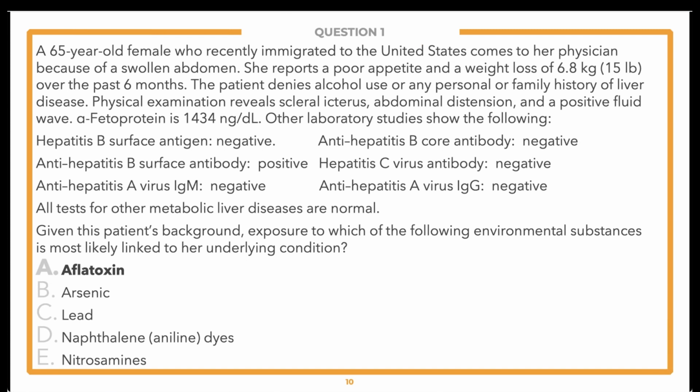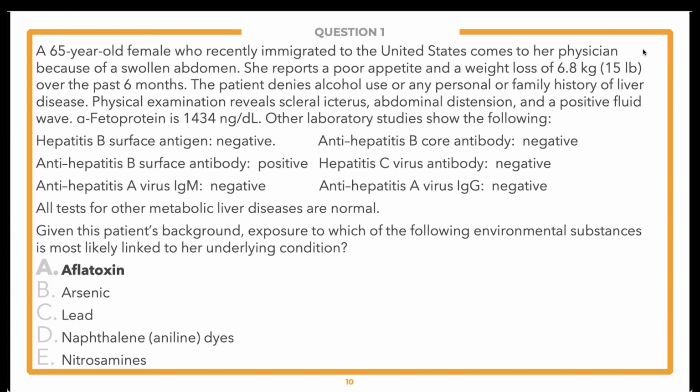When you're looking at those lab test results, they indicate that she doesn't have infectious hepatitis, and her symptoms and the positive fluid wave would suggest a diagnosis of liver disease, and it's really that elevated alpha fetoprotein that